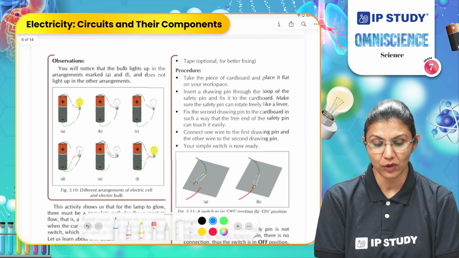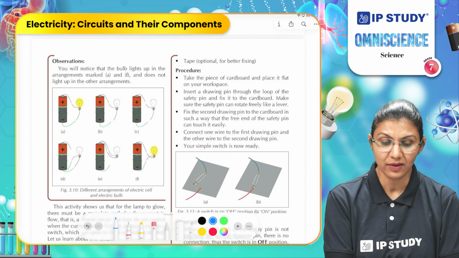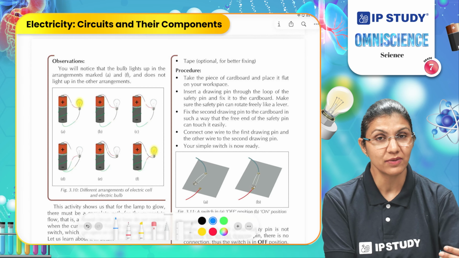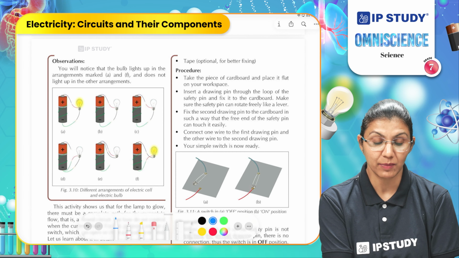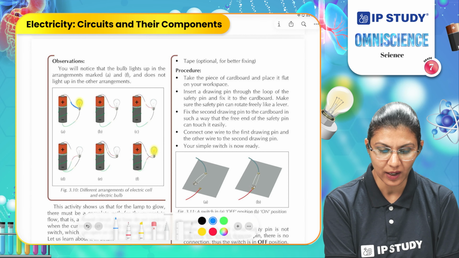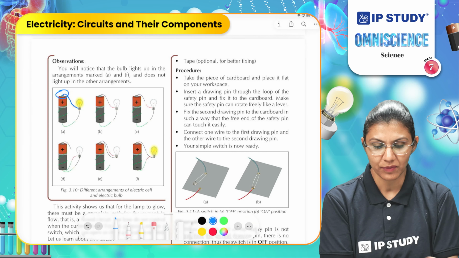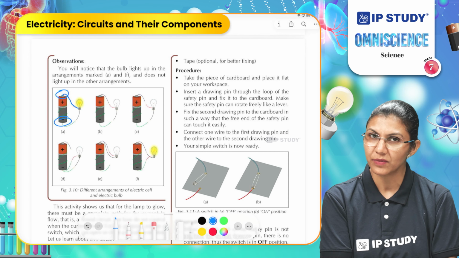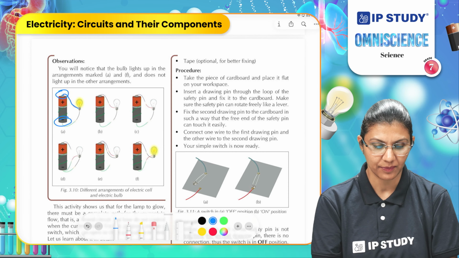For example, if you observe these images, here we are using a conducting wire, a bulb and a cell to make a circuit and to test whether the current is flowing through the circuit and it is emitting light through the bulb. In the first case, one end of the bulb is connected to the positive tip of the cell, and the second end is connected to the base, which is the negative terminal of the circuit. That's how one complete circuit is formed and the bulb starts emitting light.